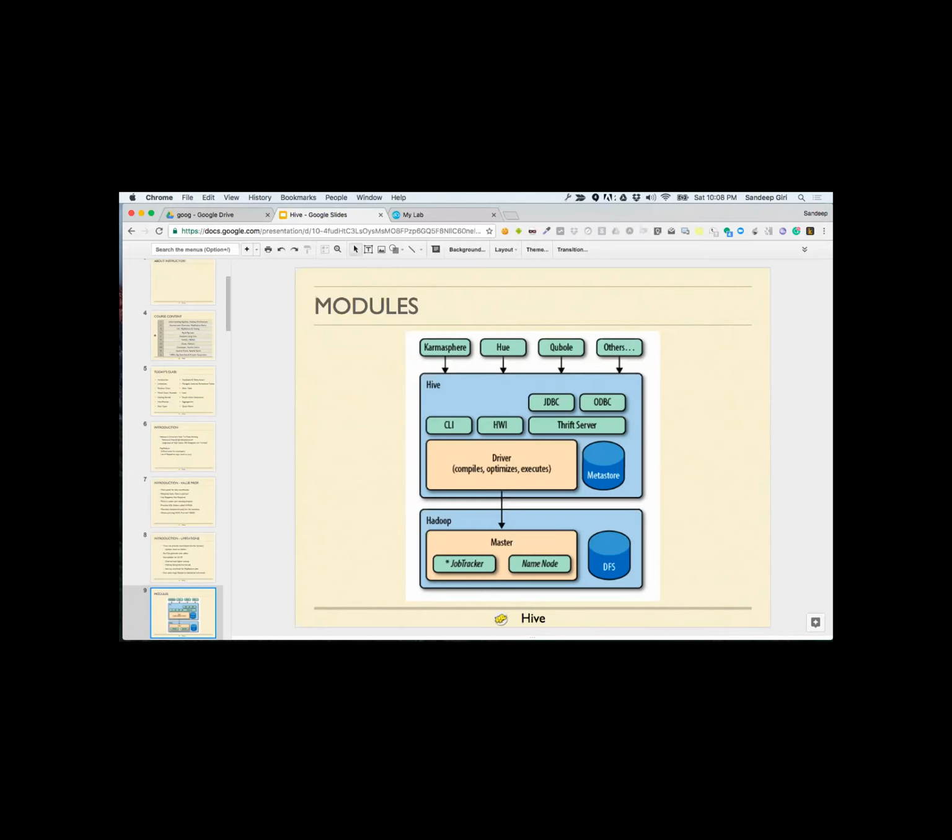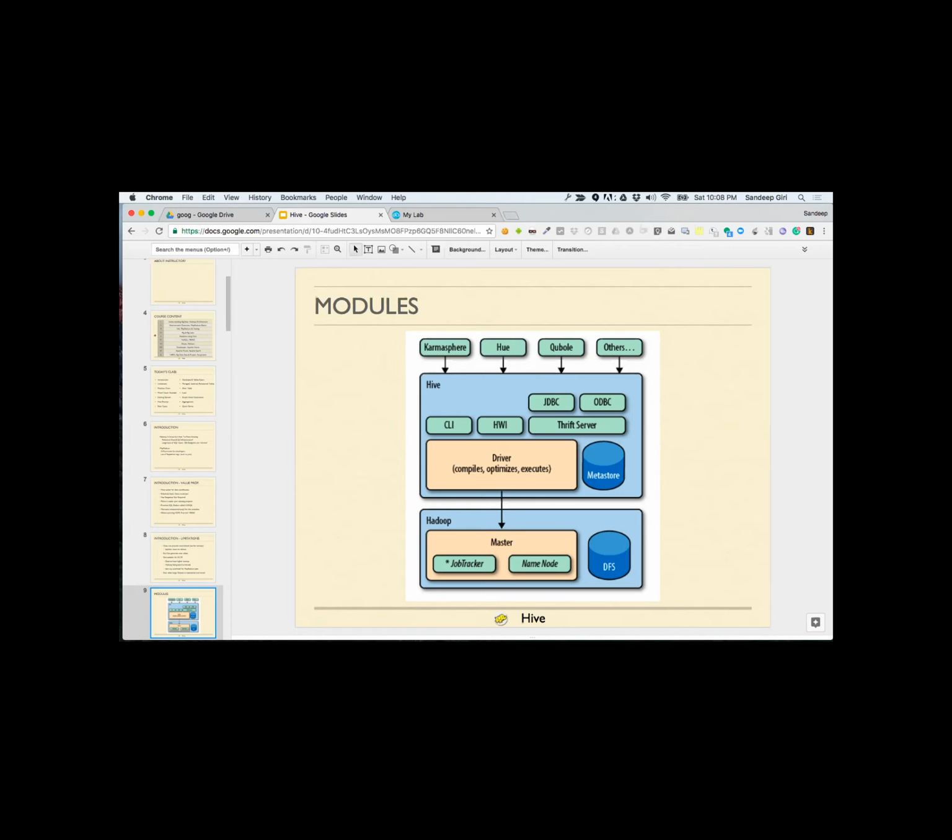Now, a question from Tad: is Thrift server like a web server? No, actually, it gives you a binary kind of in and out. It gives you that interface as well, the web service interface. It's more like a web service, but it's not only HTTP, it provides TCP connections as well. It does provide a web interface.